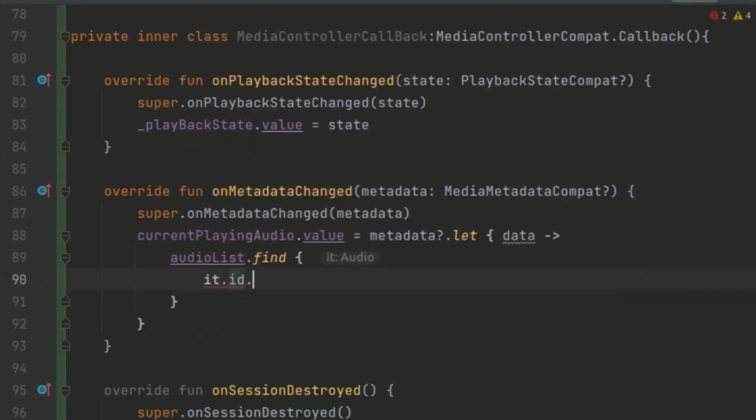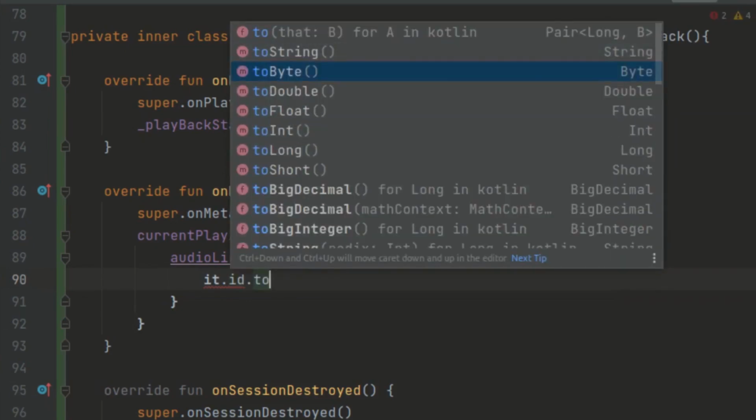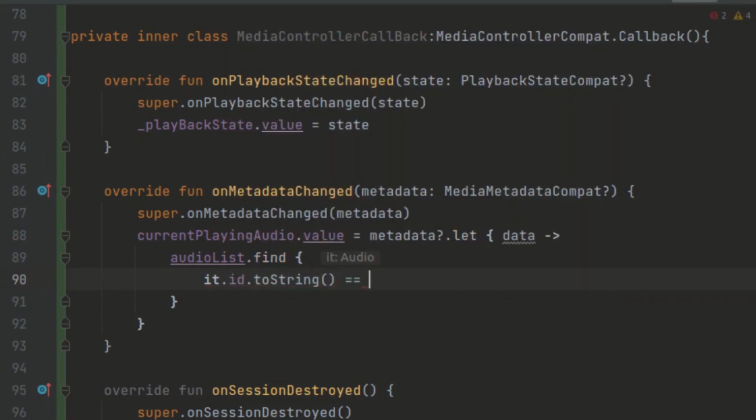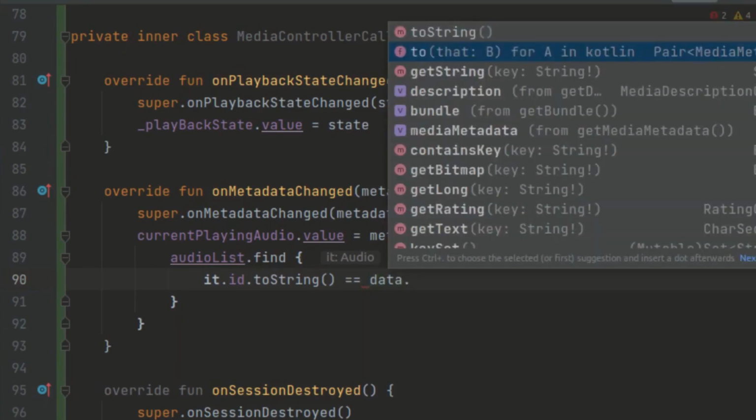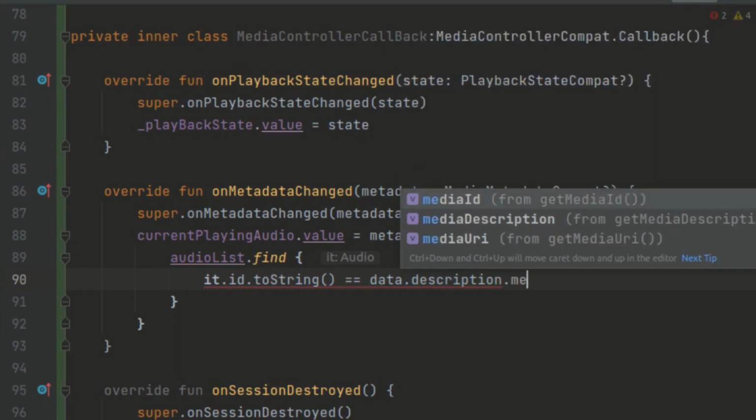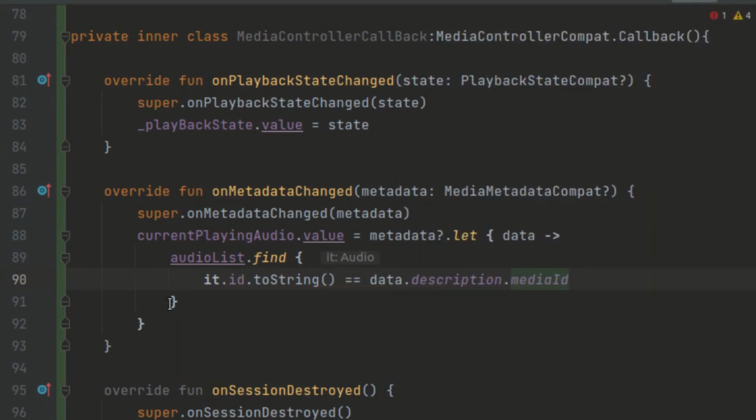it.id, and we can change this to a string, for example. And here we want to check this by using this metadata, which has been changed, and we can get the description.media ID. So we are just going to find this current playing audio item,